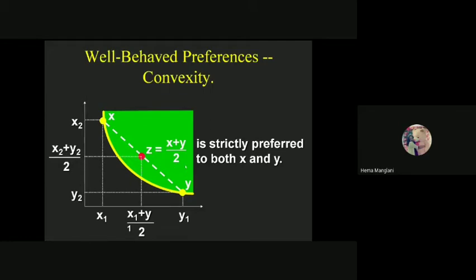The average bundle of the two extremes also shows a higher level of indifference curve, because now X is becoming a weak preference to Z. Similarly, Y is becoming a weak preference to Z. So Z is strongly preferred over and above X and Y, and this also shows the higher level of indifference curve. Okay, so convexity supports monotonicity, because more is preferred: you want to consume more of this, you want to consume more of this, so both of the goods are there.